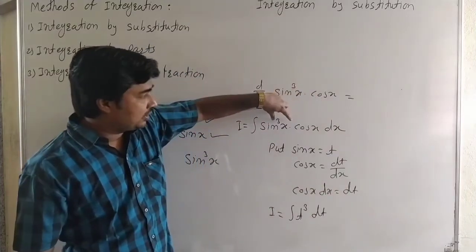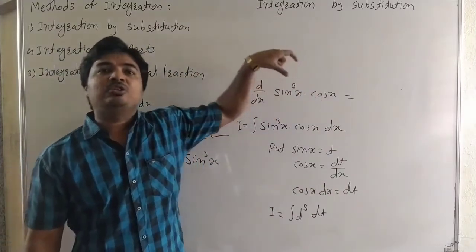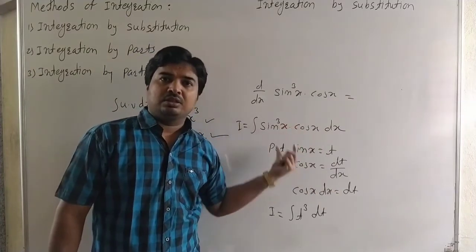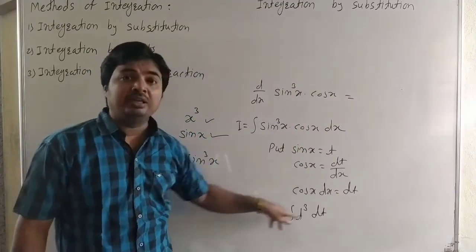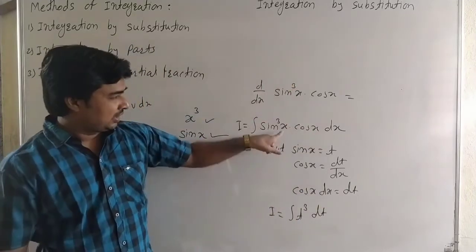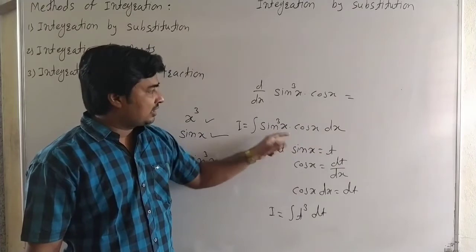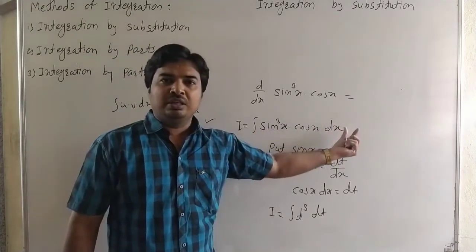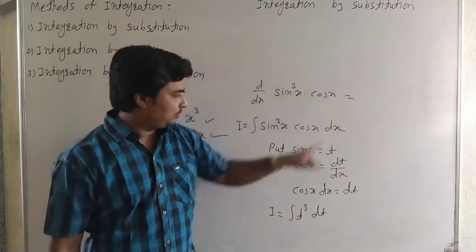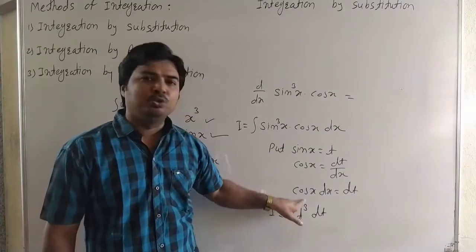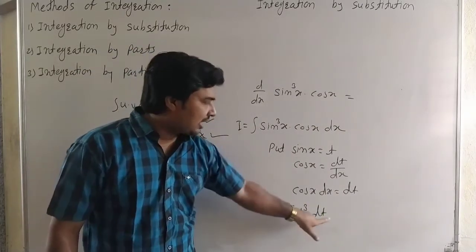It is a composite function. To reduce the composite function into a standard function, to find the integral, we use the substitution method. Here we substitute a variable t. When we put sin x equal to t, it becomes a function of t, so the integral is with respect to t. So we can differentiate this, and then the integral of t cube dt is a standard integral.